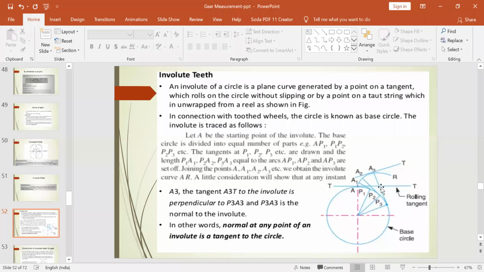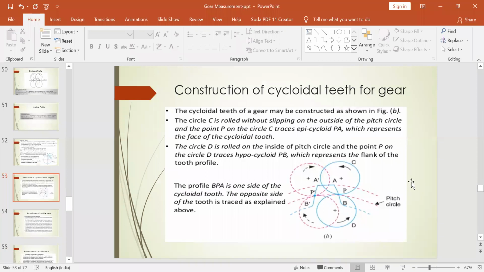So each normal that we are joining here will be equal to the segmental distance: A P3 will be equal to this distance, A P2 will be equal to this distance, A1 P1 distance will be equal to A1 to P1. Where it meets, you just trace out freehand and you get the involute profile. Similarly, you can construct